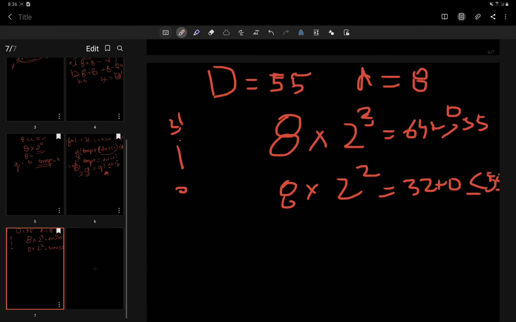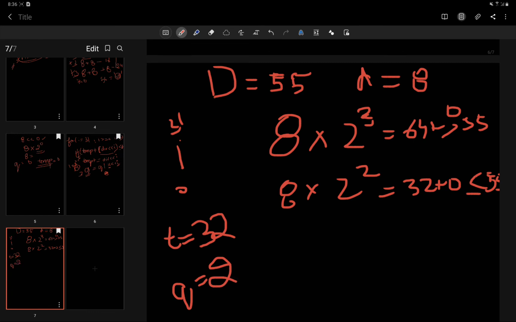So we take this value, we go inside, and we update our temp variable. Now the temp variable is set to 32, and the quotient variable is now set to 4.